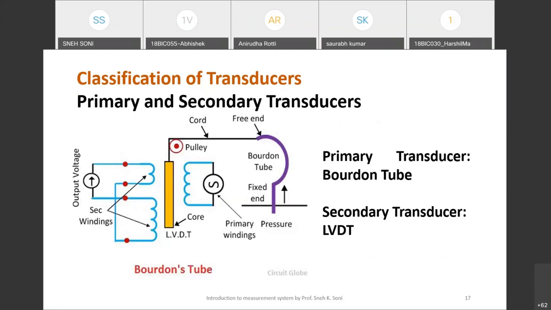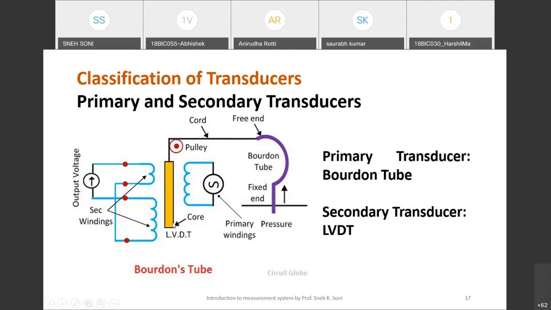For this particular example, we can see here there is basically a Bourdon tube. Bourdon tube is a kind of elastic element, right? Now what is happening here? You insert the pressure inside the Bourdon tube. Because of that, what will happen? The Bourdon tube actually has a curved section, but because of the pneumatic signal or external pressure which you are exerting inside the tube, it will try to be straight. So when the Bourdon tube tries to become straight, because it is an elastic element, it will try to be straight. And with it, you are connected to one